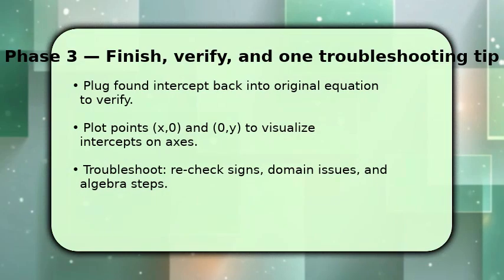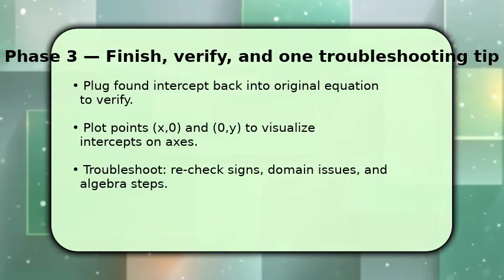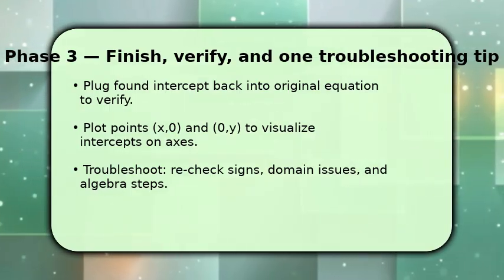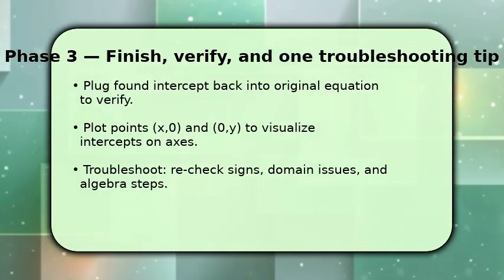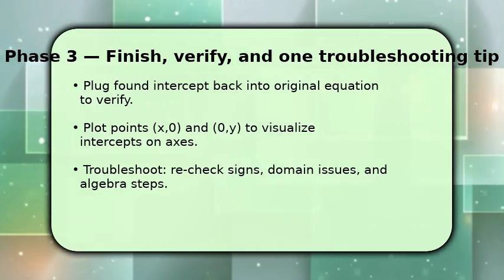Finish by verifying and interpreting the results. Plug each candidate intercept back into the original equation to confirm it satisfies the equation. If it does not, revisit your algebra. Then plot the points (x, 0) and (0, y), so you can see the intercepts on the axes and confirm